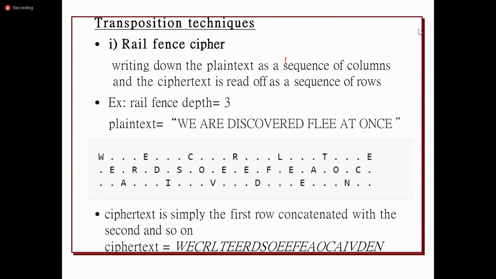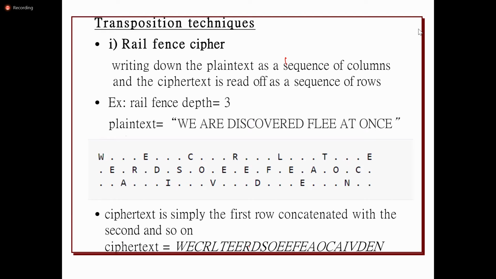Whatever the plain text is, the sentence, only that sentence will be transmitted to the receiver over the network. Whatever alphabets are there, only those alphabets will be there in the ciphertext, but the position will be changed so that the entire sentence will be meaningless. If the sender is sending one sentence, initially it will be meaningful. After converting it into the ciphertext, it will become a meaningless sentence.